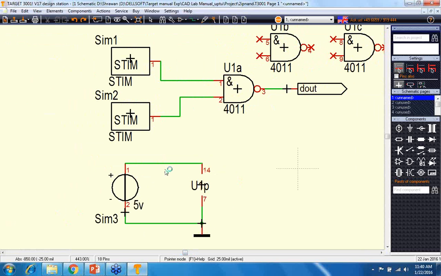This is for power, pins 14 and 7. So you have to import it for other work like power symbols, but you have to use these three pins only for input and output. Okay, so if you click on simulation,